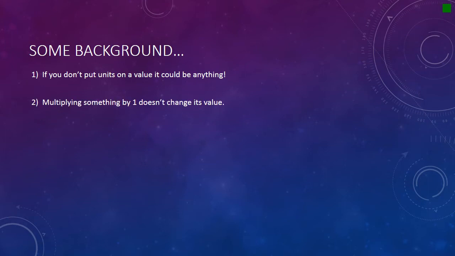So there's some math that helps us do this, and math is kind of a funny, tricky thing. So the first thing is that whenever you multiply something by 1, it gets to keep its value. So some examples of this are 3 times 1 is 3, 5 times 1 is 5. But it also works with letters. So h times 1 is h, and the word apple times 1 is still apple. So we can multiply all kinds of things, anything you can conceive of, and if you multiply it by 1,